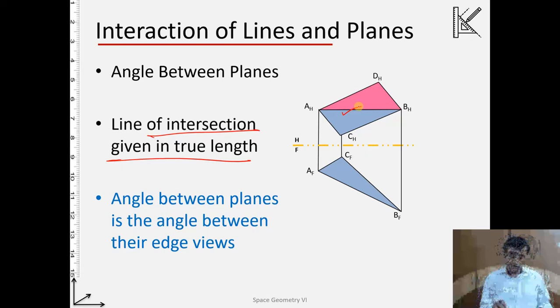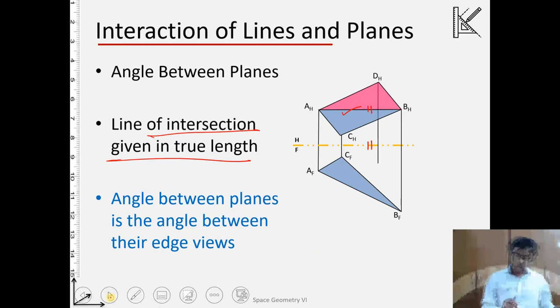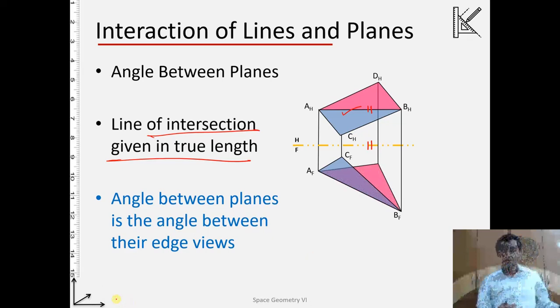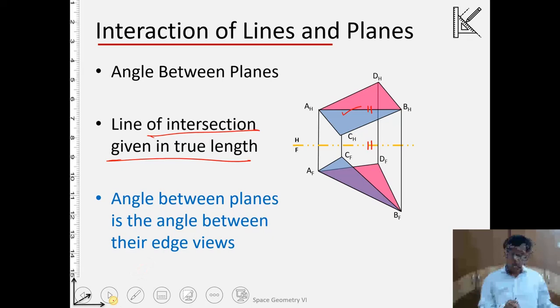And obviously you will notice that this line of intersection is parallel to the frontal plane. You will notice it here in the projection, it is parallel to the frontal plane. But this line need not be horizontal, it can be inclined also. So right now also for these two planes, the line of intersection is parallel. This line is parallel to the frontal plane, and it is an inclined line, and this is how the case is. So for the second plane, its projection on the frontal plane is like this.